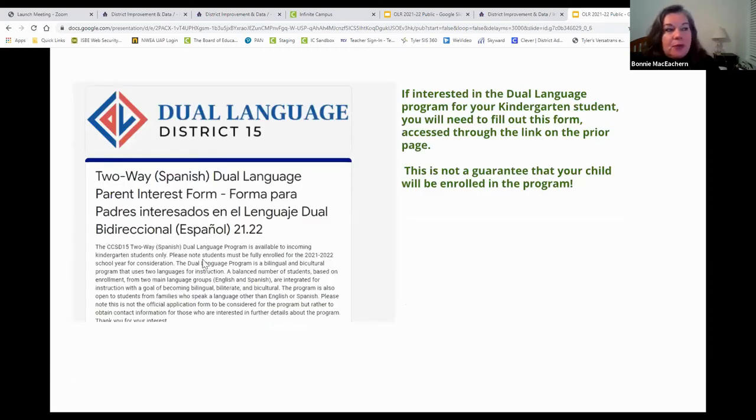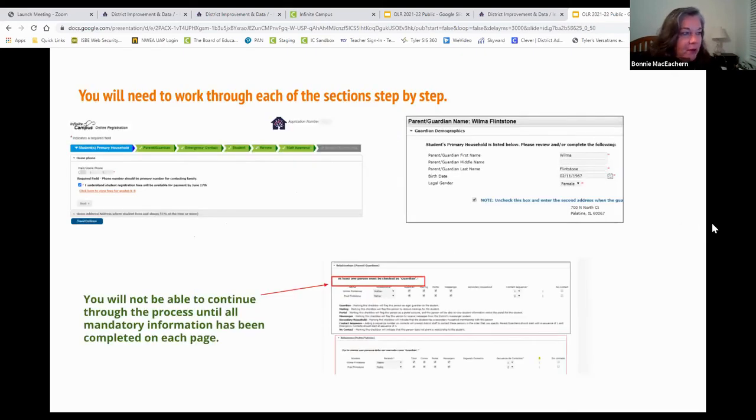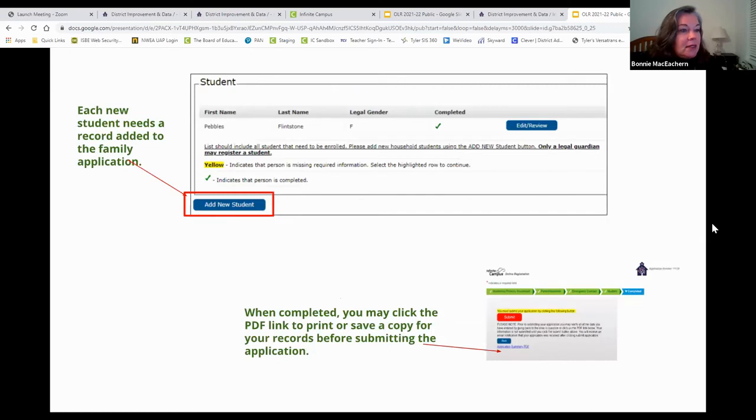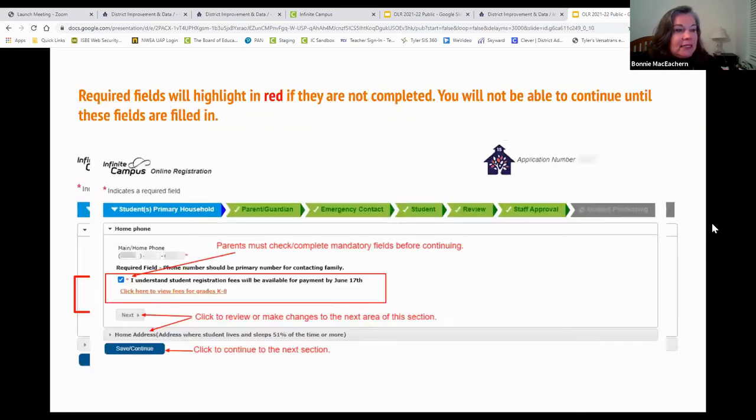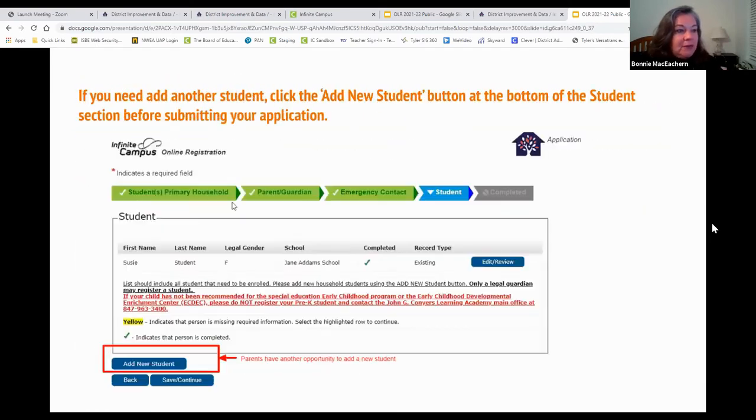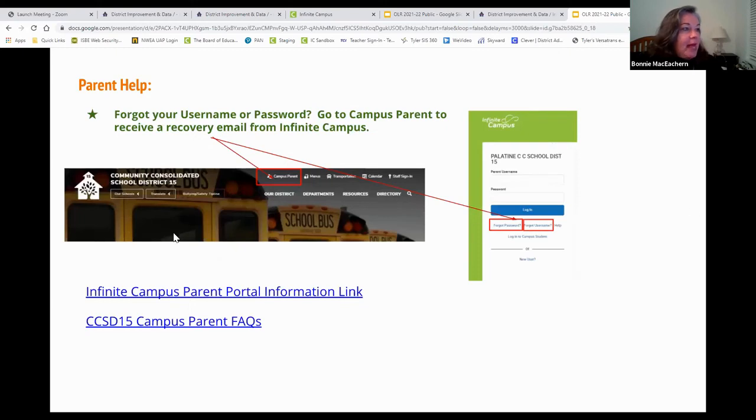So here's the dual language that we had mentioned before. A child coming into kindergarten, that's the only time you have the option to add your child to the dual language program. It's a continuing program. You must begin in kindergarten to participate in that program. So this explains a little bit about the dual language program. You can see that this is pretty much exactly what we have just worked through. At the bottom here,